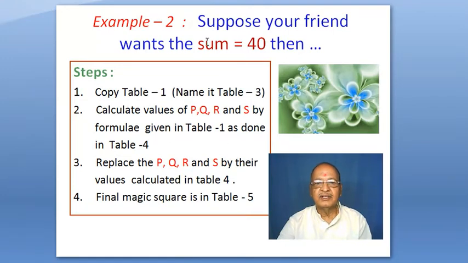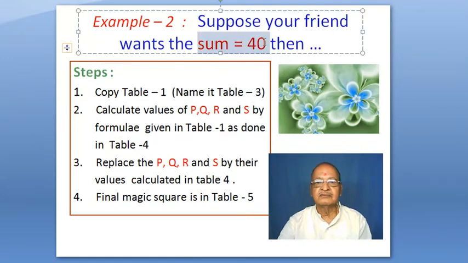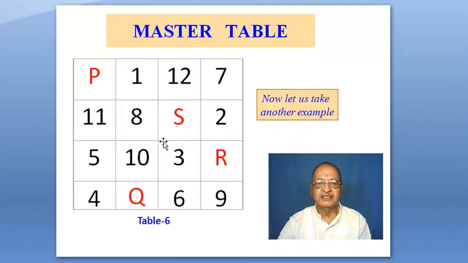Now I am taking another sum, say that is t. Value of t is 40. Sum is 40 means total is 40. So next you know that rule, so I am skipping it. Value of p, q, r we have to select on the basis of the formula. We are on the next sheet.